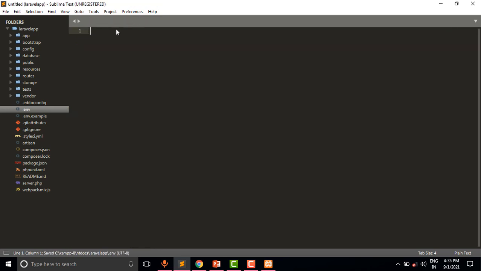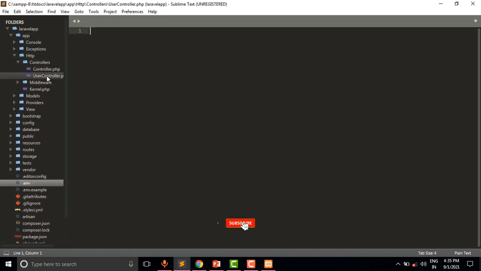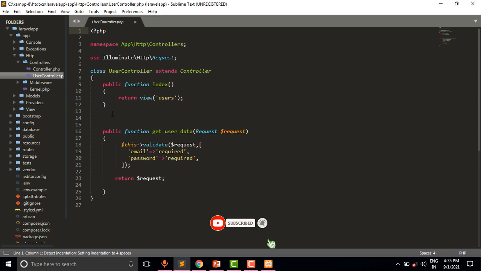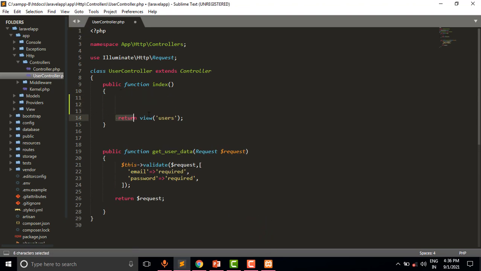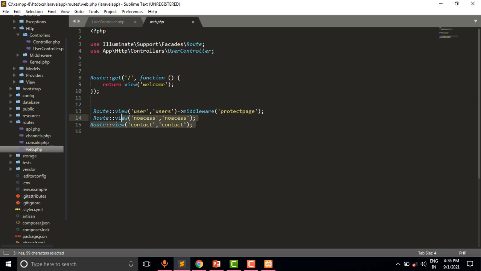So close this file. Let us open the controller, the user controller, which we have already created in the previous video. So let us open the route. First of all we create the route: open the route, web.php.